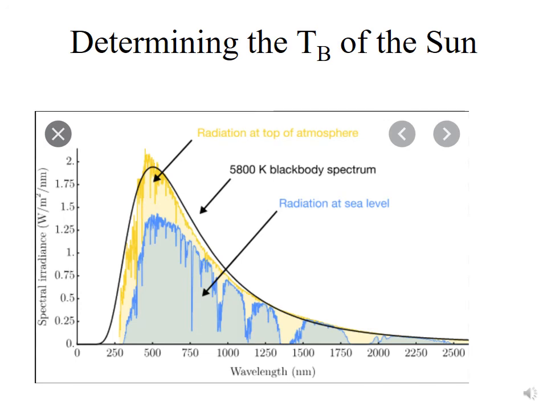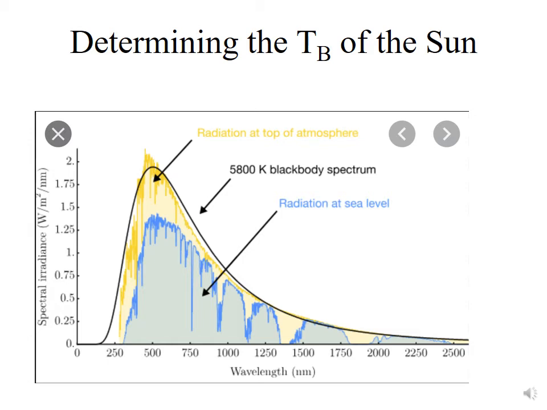So here we have the spectral irradiance, basically watts per meter squared per nanometer, and the radiation at the top of the Earth's atmosphere is shown in yellow. So that is the amount of radiation as a function of wavelength that's being received at the top of the Earth's atmosphere. The only way to deduce that is essentially from satellite observations, because you can't do that on the